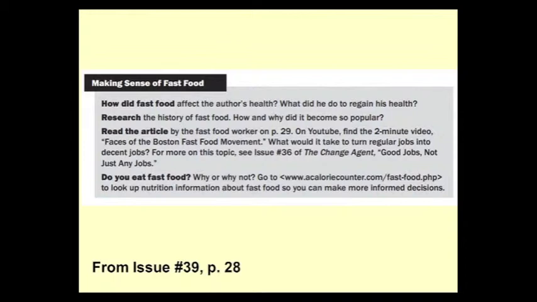Another extension is this prompt, do you eat fast food? Why or why not? And here now you're just asking the student what do they think? What do they do? And you're just prompting them to maybe do a free write on what their habits are around fast food. And that free write could turn into a more solid piece of writing if you decide to go in that direction.